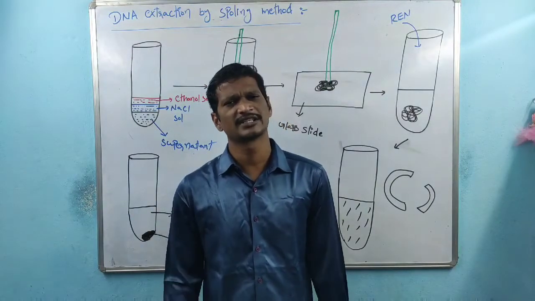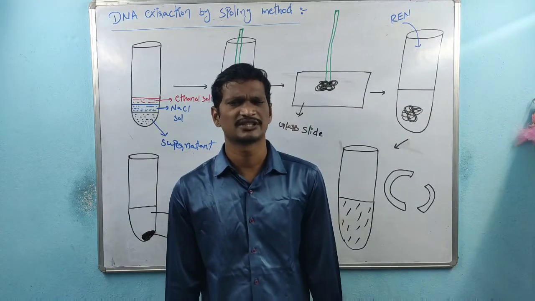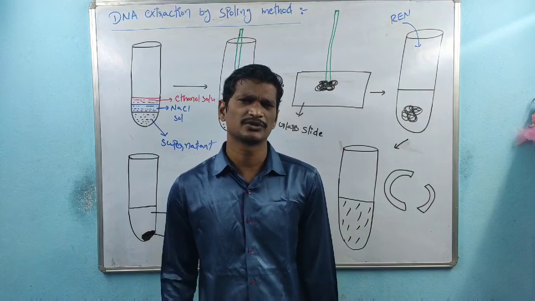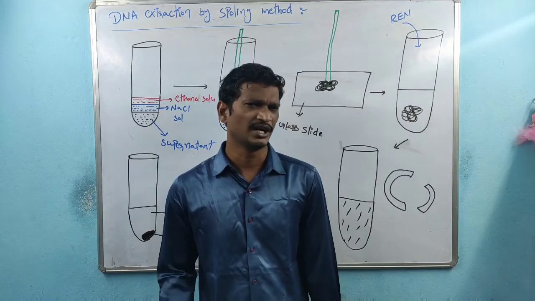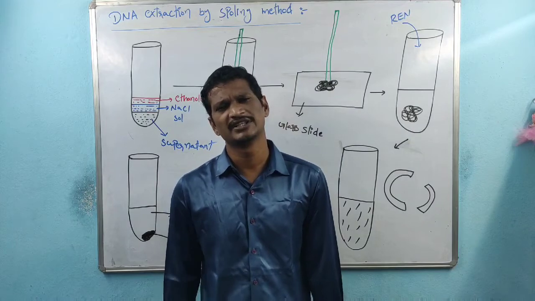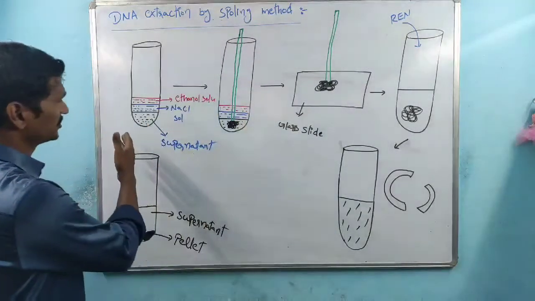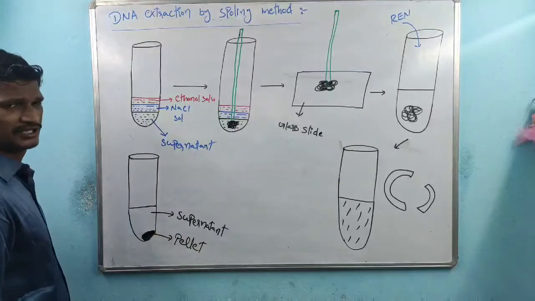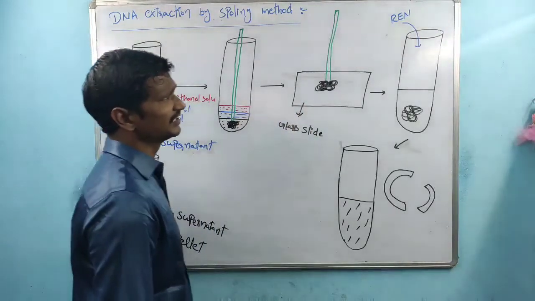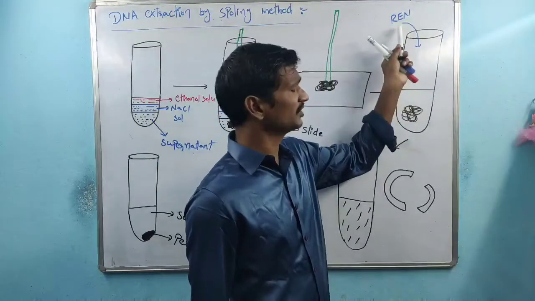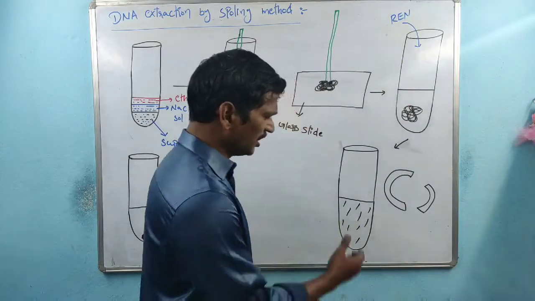We already mentioned the next step: cell membrane destruction by detergent agents. Next step is the RNA degradation process. Next step is the protein degradation process, right? Next step is isolation of DNA by density gradient centrifugation. After that, the next step is the extraction of DNA. Finally, I collected that DNA. Again, that DNA is subjected to the restriction endonuclease enzymes.